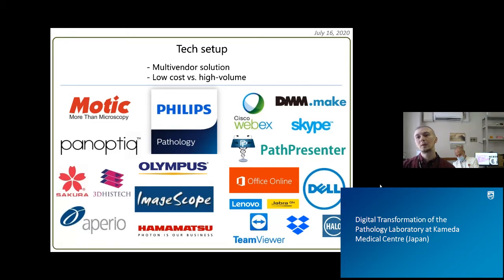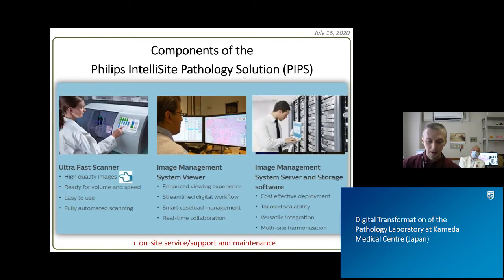And on the right, more like software solutions, which help with the web communication between different locations, like digital archiving and some tools for the daily work, and also AI are shown here. Well, I put Philips in the core here. It's not because this is a Philips seminar, but it's really the core of our system. And I'm going to explain on a few slides what is special here.